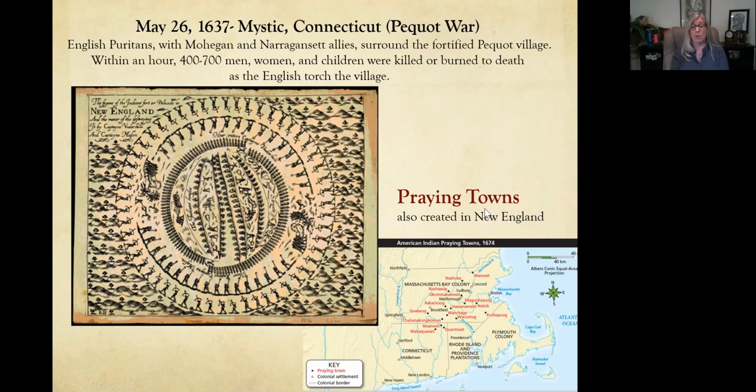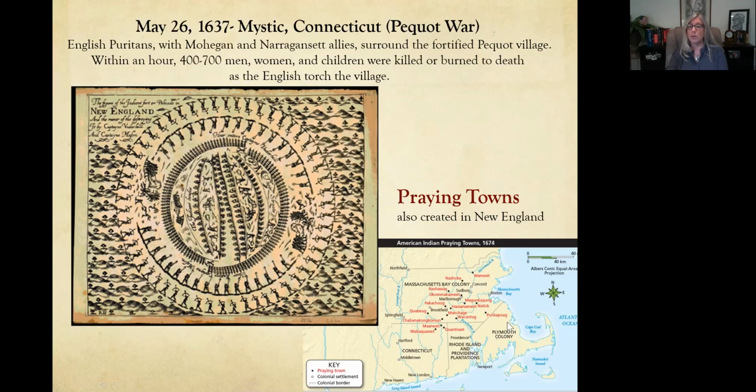So the praying town, it would be where the Indians would come in. They would be forced to dress and cut their hair, take English names, and they weren't allowed to live as in their Indian tribal ways. Now, again, not terribly successful here. So these are all going to be in and around